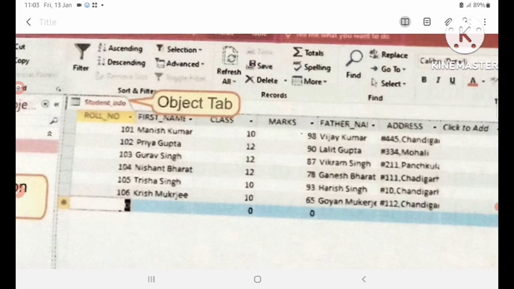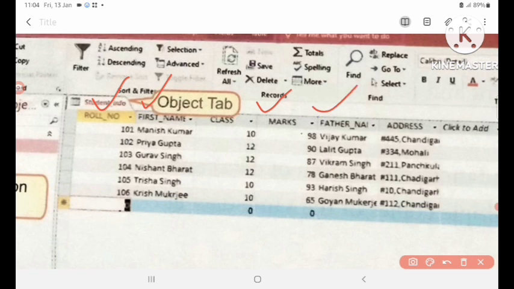Actually, in the object tab, you can see that the objects you have opened in a database appear right above the work area in a tabbed form. Clicking on any tab displays the content in the work area. Children, this is an object tab. When you open the next database object, you can see the next object tab, then the next object tab.